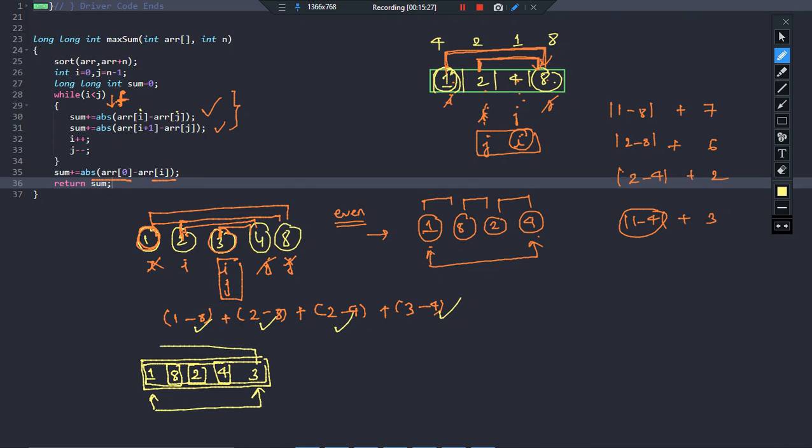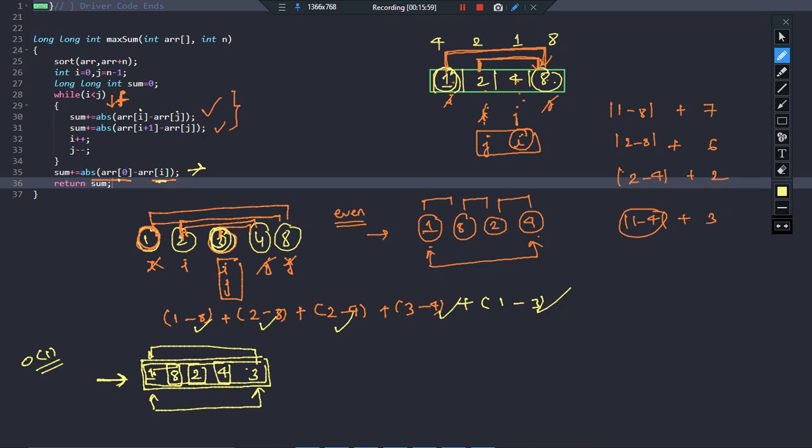Because this is a cycle, we have said that it is a circular array. So for that particular reason this line will work, isn't it? Array of 0, which is 1, array of i, where is i pointing? At 3. So 1 minus 3, right? It has worked. So finally you can see that if you would have used an extra array, this would be the thing. But since we are not allowed to use any extra array, we are asked to solve it in constant space. So we are basically using pointers i and j.